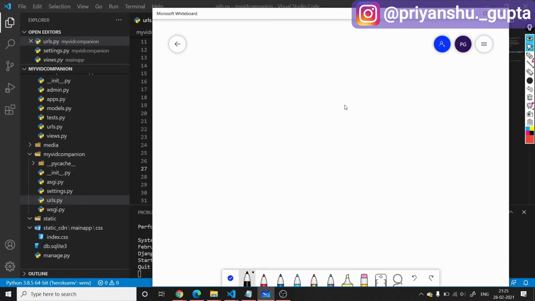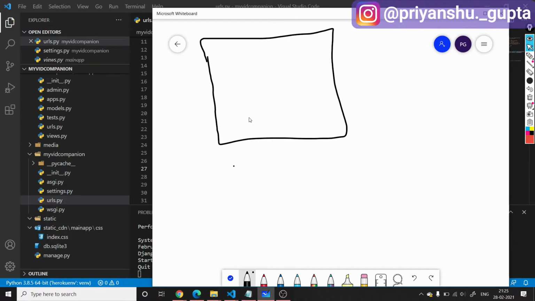let's talk about the web server, WSGI server, Django built-in server, and our WSGI file, the wsgi.py file. When we are in development mode, we run the command python manage.py runserver. This is our Django application code, all the code is here, and this code has a certain part which is the server.